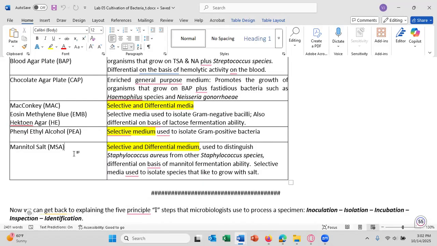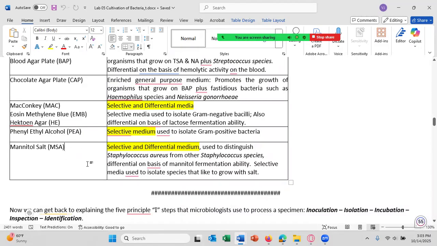Mannitol salt agar is differential on the ability of the bacteria to ferment the sugar mannitol. If the bacteria can ferment the sugar mannitol, the colonies will be yellow, and you'll see a yellow halo around the colony. And you should really go by the yellow halo, because if you were growing Micrococcus luteus, for example, on mannitol salt agar, it can grow on mannitol salt agar, and Micrococcus luteus itself is already yellow. And then Staphylococcus aureus, if it were to grow on the mannitol salt agar, it has a yellow colony too. So you should look for the yellow halo in the media